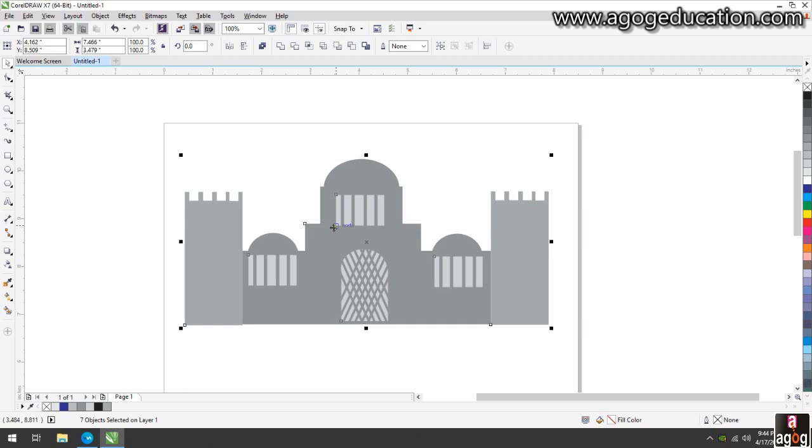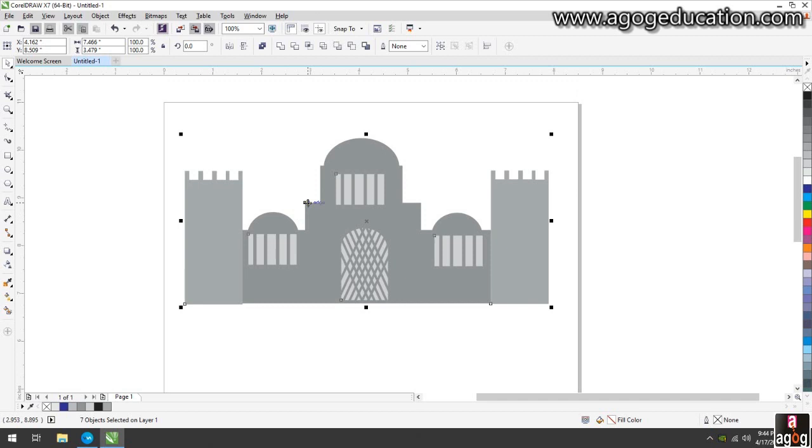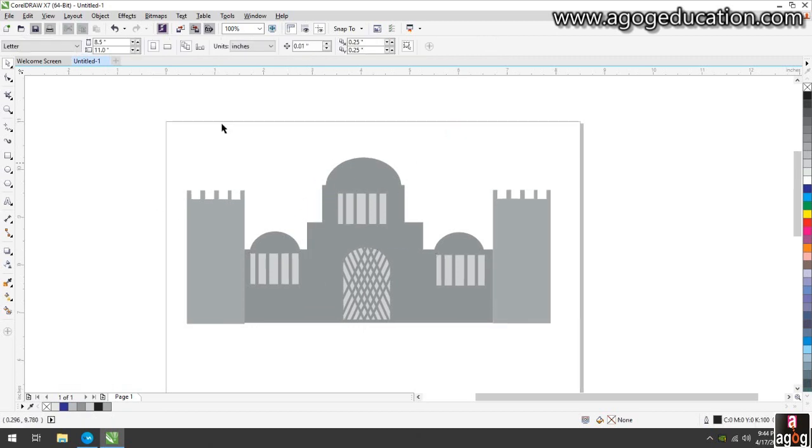Whenever we talk about a compound object, that's also made by welding, trimming, and intersecting. These tools are very important in CorelDRAW to make any kind of shape with simple tasks. I already told you in this session about weld, trim and intersection. You should try with different shapes.